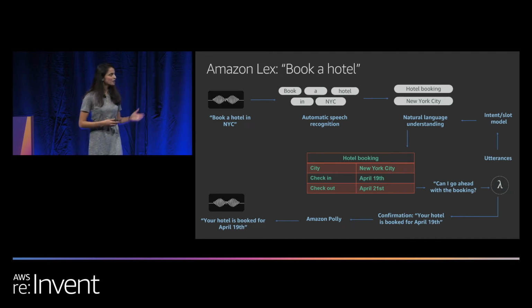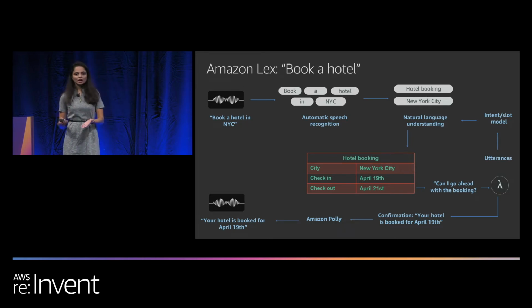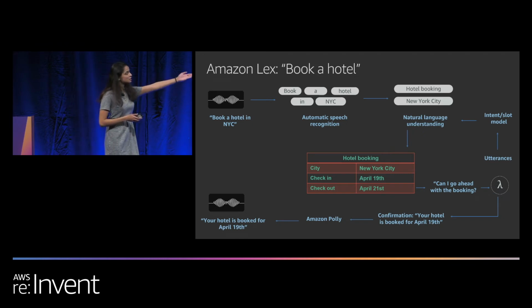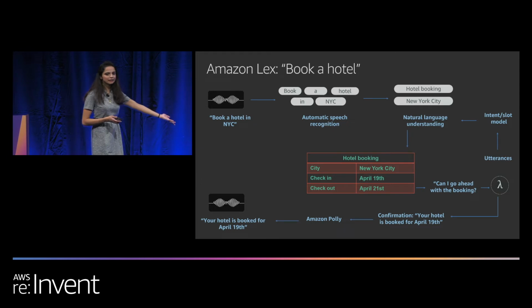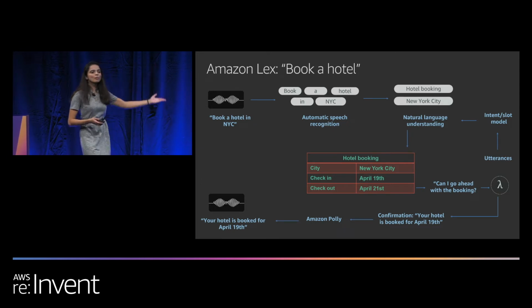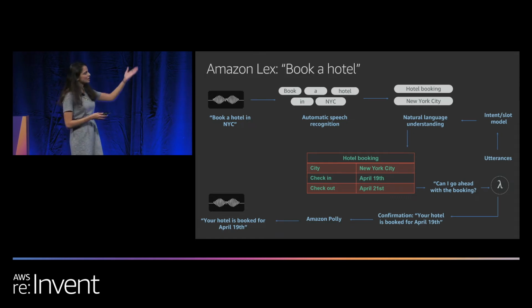you pass it on to a Lambda function or any other fulfillment task that you have. So the Lambda function probably will check the hotels in New York City and see if it's available with that budget, and it will process that. If it doesn't find something, or if it doesn't find a slot filled, for example, you did not give a city for the bot, it would again go back to you and ask, what city do you want me to book it in? And once it has everything, it will say, OK,